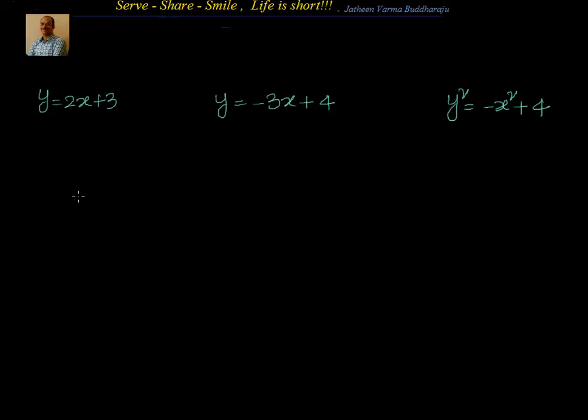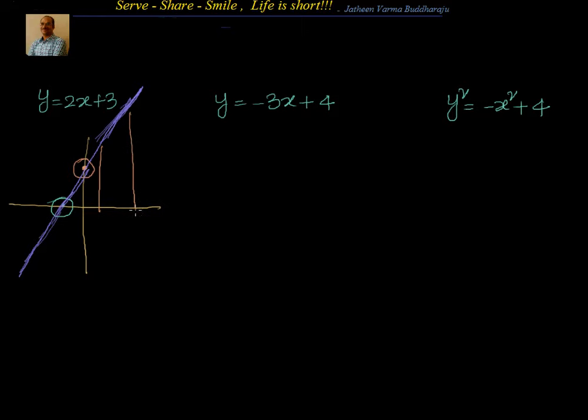We know y equal to 2x plus 3 is a straight line, and we know that at x equal to 0, y equal to 3, and we also know that y equal to 0 at x equal to minus 1.5. So that's the straight line we have for y equal to 2x plus 3, and what we observe now is,